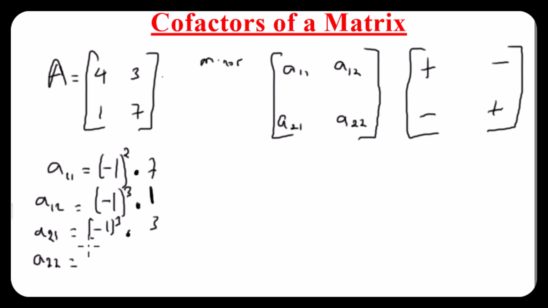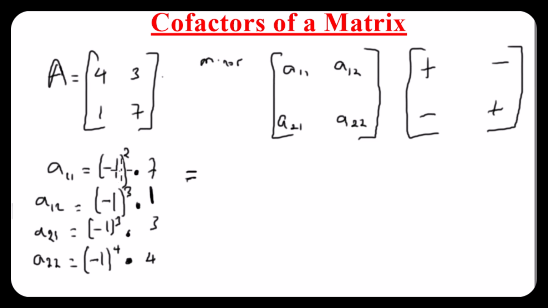And lastly, again, -1, 2 plus 2, that's 4. So times A22, which is 7. So 7 belongs to the second row and second column. So if I strike out the second row and the second column, the number that will be left free would be 4, and it's left for me to simplify. So simplifying this,